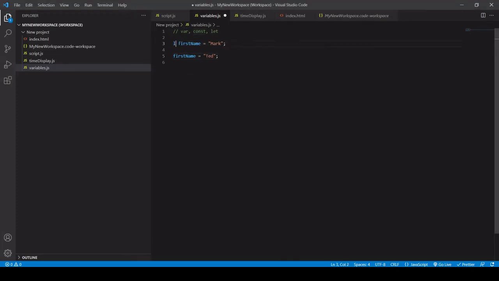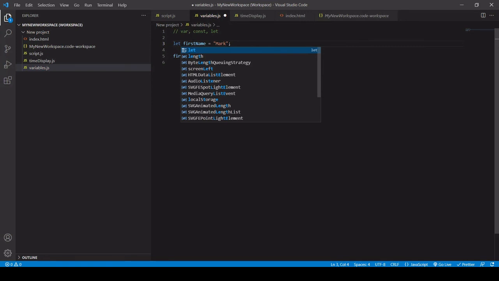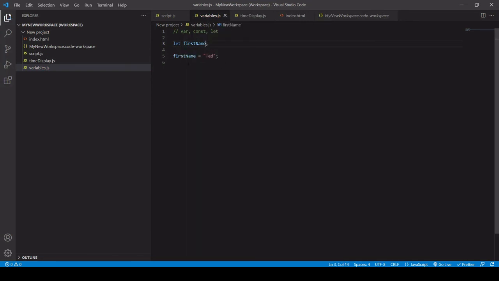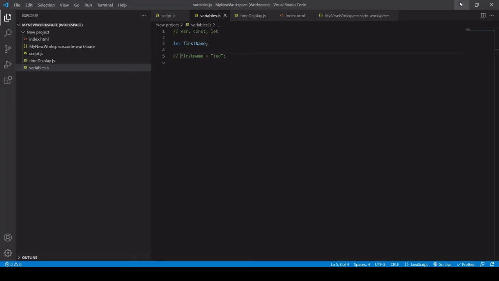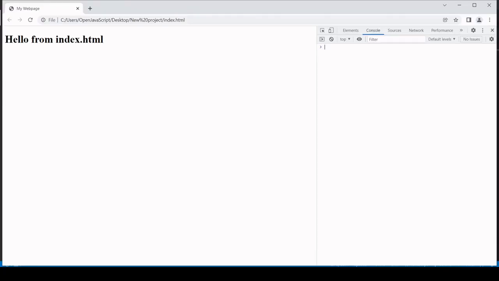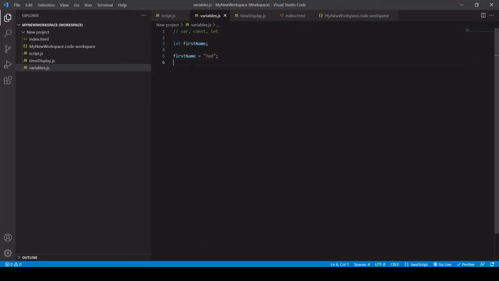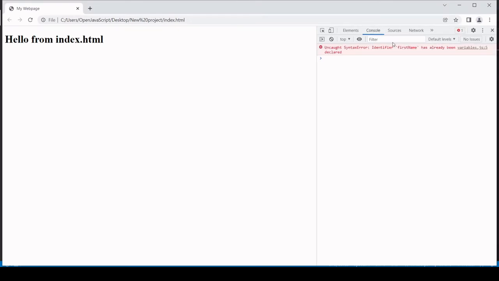With let, we can do both of these actions. We could create a variable first name, and that wouldn't create an error. So we haven't assigned a value, but we have just declared it. So no error there. And we can assign a value to it like this, and it won't throw an error. Now with const and let, even with let, which is more flexible, we cannot just redeclare a variable. So we can't say let first name here. We're recreating the variable, trying to create it again, and it's going to throw an error,